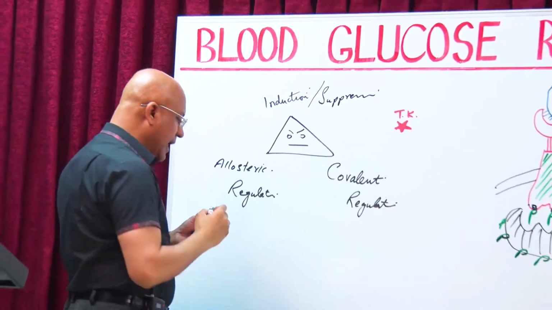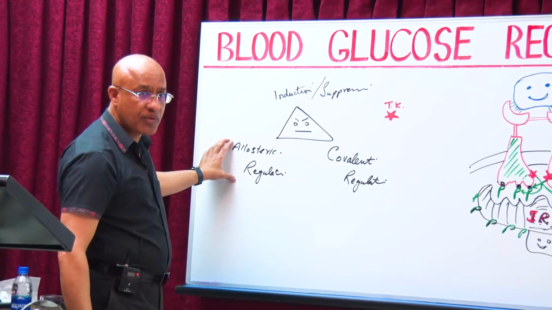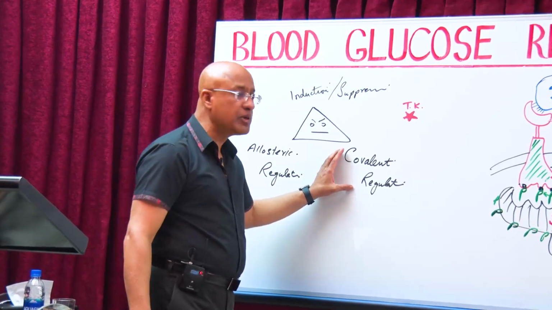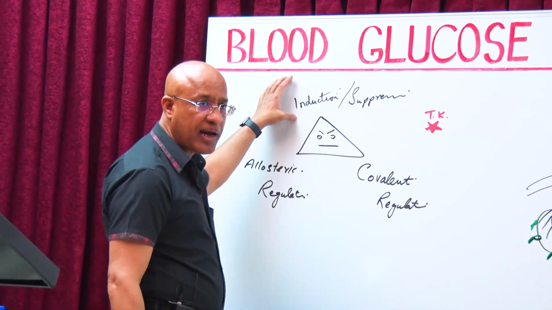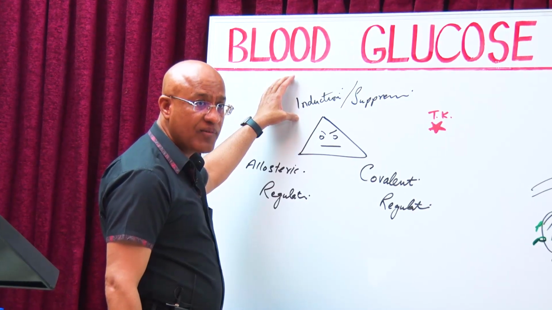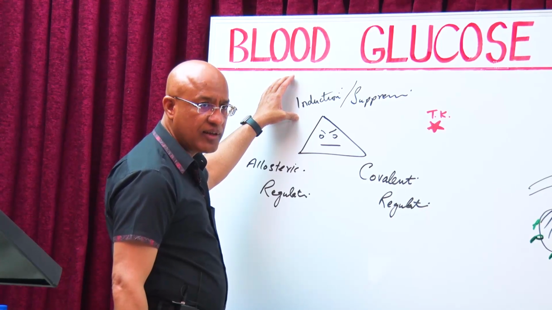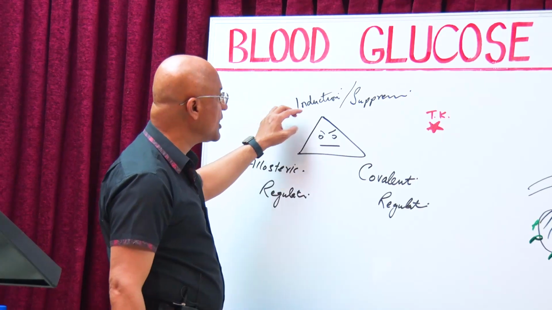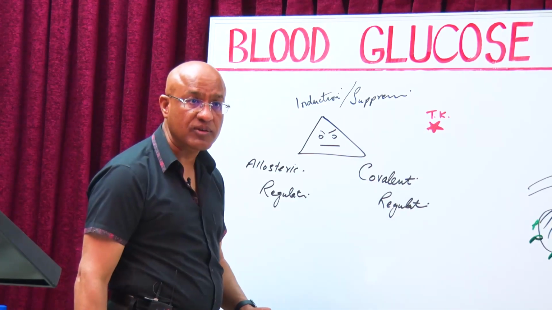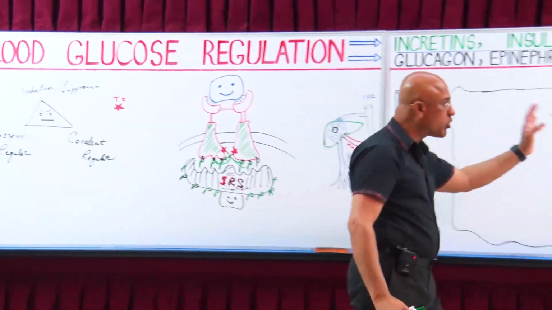It means enzyme activity can be allosterically regulated, enzyme activity can be covalently regulated, and enzyme activity can be regulated by alteration in the rate of synthesis of the enzyme, through transcription and translation, and by catabolism of the enzyme, by induction or suppression of the genes. Is that clear? We come back to insulin and correlate it with insulin function.